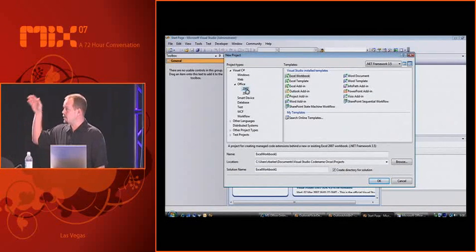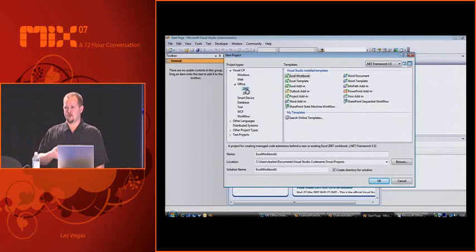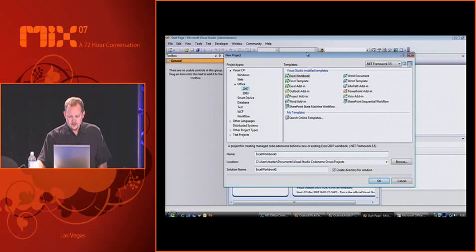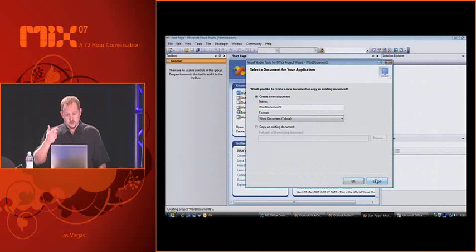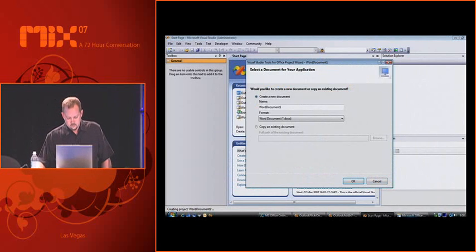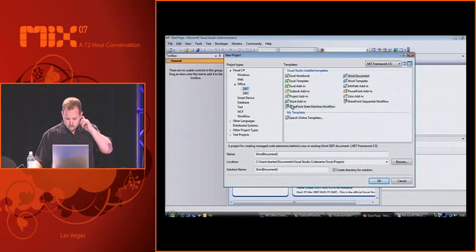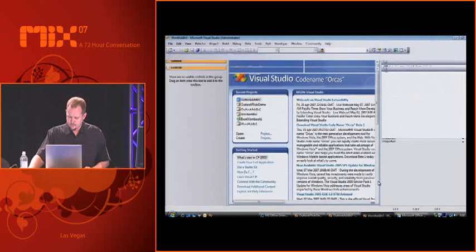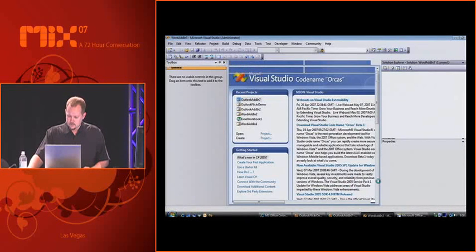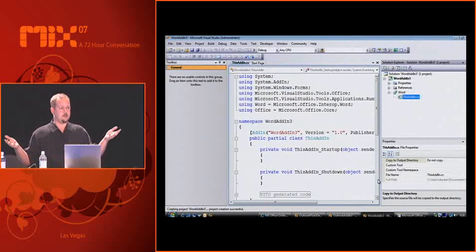In addition to that, we've also added a number of add-ins that you can develop now that's supported directly from Visual Studio itself. So the first thing that we're going to do, I guess we'll do Word. I don't want a Word document add-in. We're going to do a Word add-in. So right now, you can see that, good. Right now we have just the basics of the add-in, right?